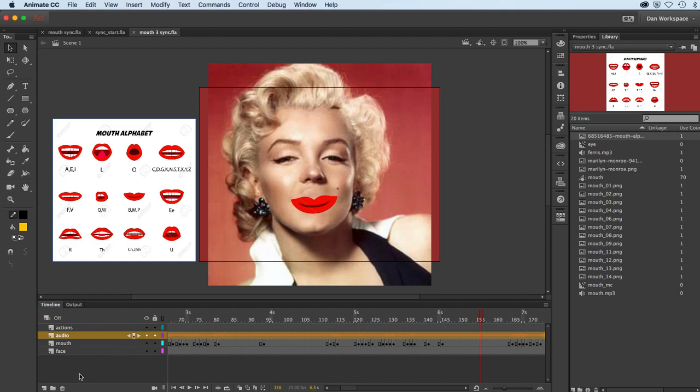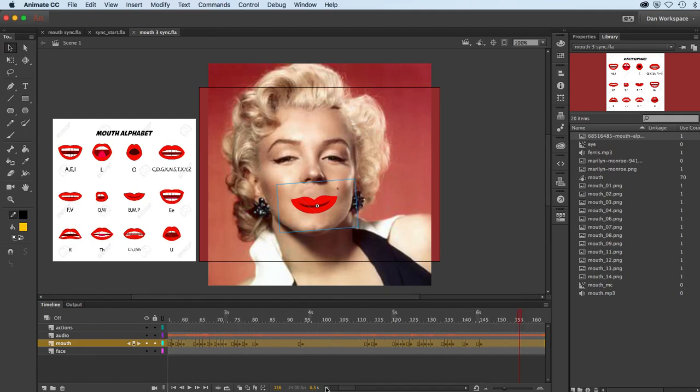And on my timeline, I've got 4 basic layers. I've got the face, again with the picture in the background. One layer where most of the action takes place, which is the layer that contains the graphic symbol. And you can see down here that the trick is basically to keyframe it and replace the picture with the sound that you hear. So up here just above that layer, I'll go back to frame 1 here, is the